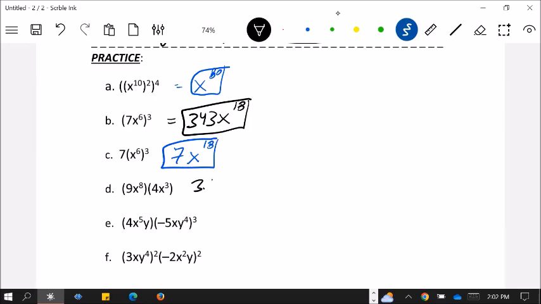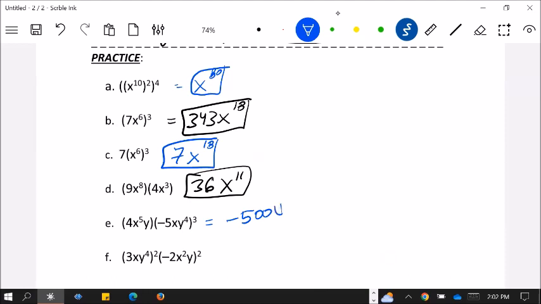Then we have 36x to the 11th power. Then for E, this one's negative 500x to the 8th,